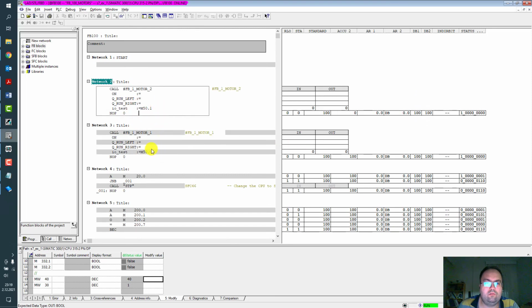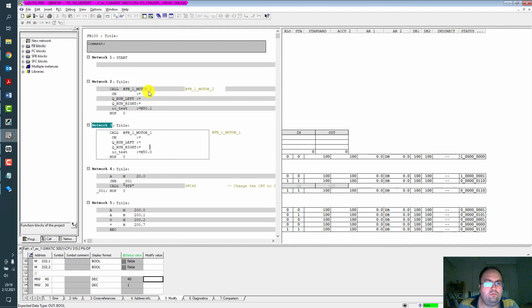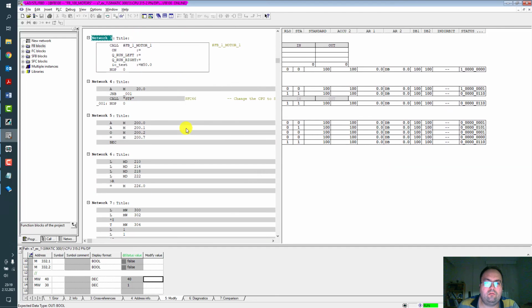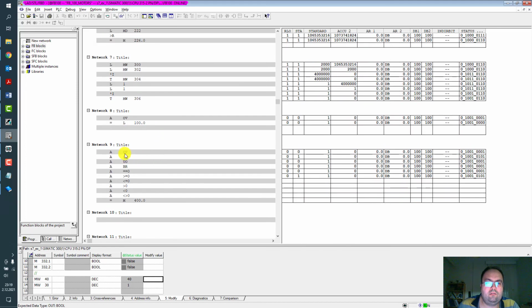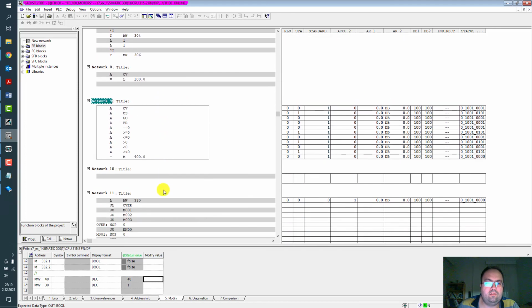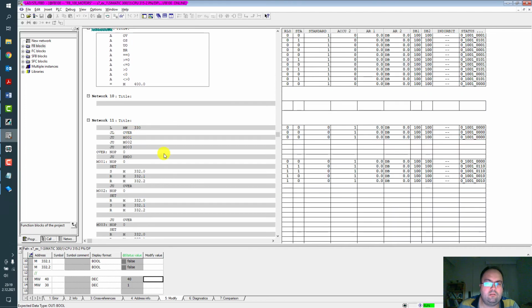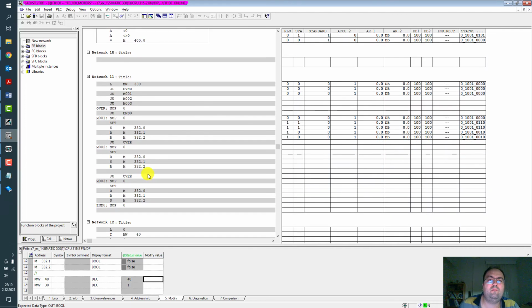Sometimes you forget to do some labeling, or there is a possibility of recursion, and it's really important the PLC doesn't go to stop state because of a programming error.